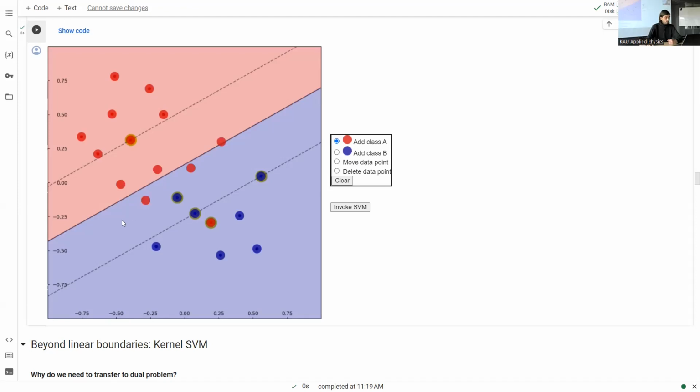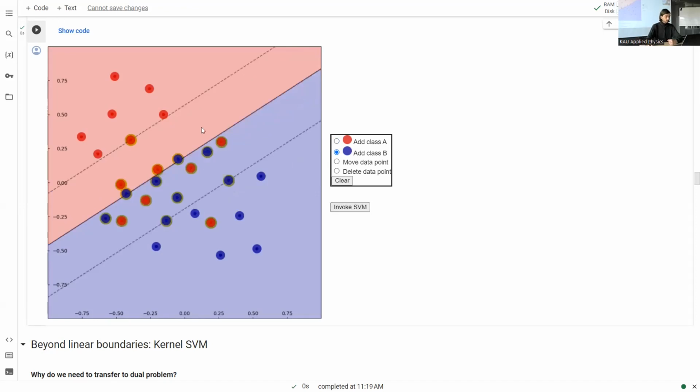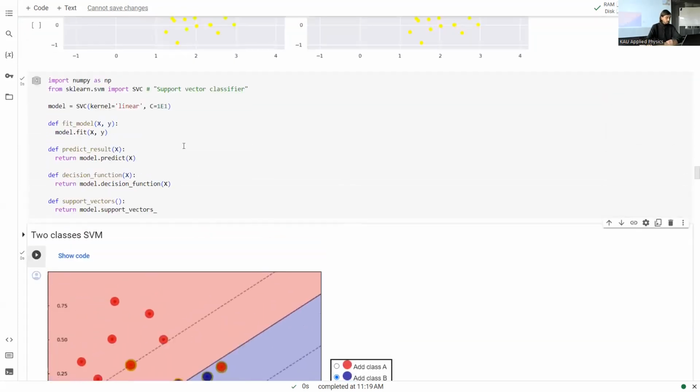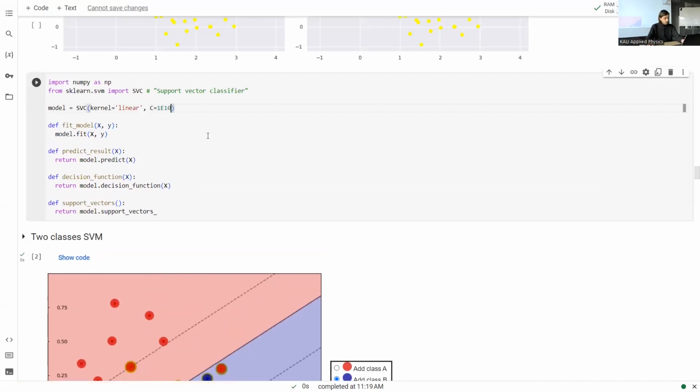Let's take some of these data sets. So I'm mixing some points in here on the boundary, but you still see that I can reasonably separate my points and draw a line. And you see it works more or less, but it still works. Now all these points are designated as support vectors, so they all are closer to the line than this sort of distance d. But if I make my regularization strength